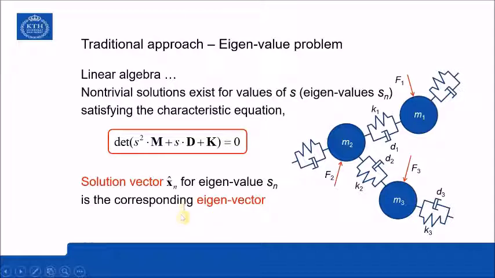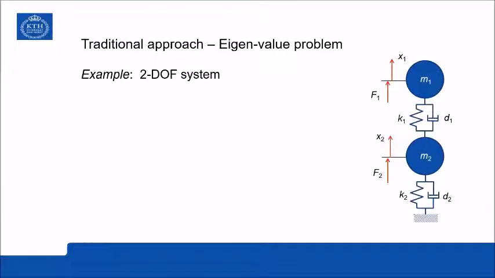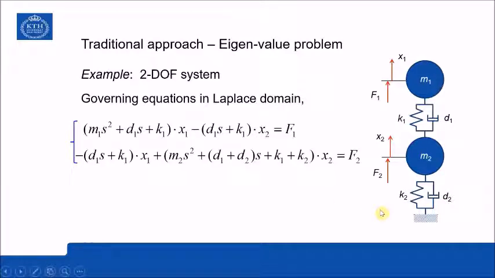So the eigenvector xn here is actually the solution when you introduce the eigenvalue Sn in the homogeneous system equations. And this solution vector is denoted the eigenvector. So for each pole, there is a specific eigenvector. So, for example, if you consider a 2-degree of freedom system like this, we can state the governing equations in the